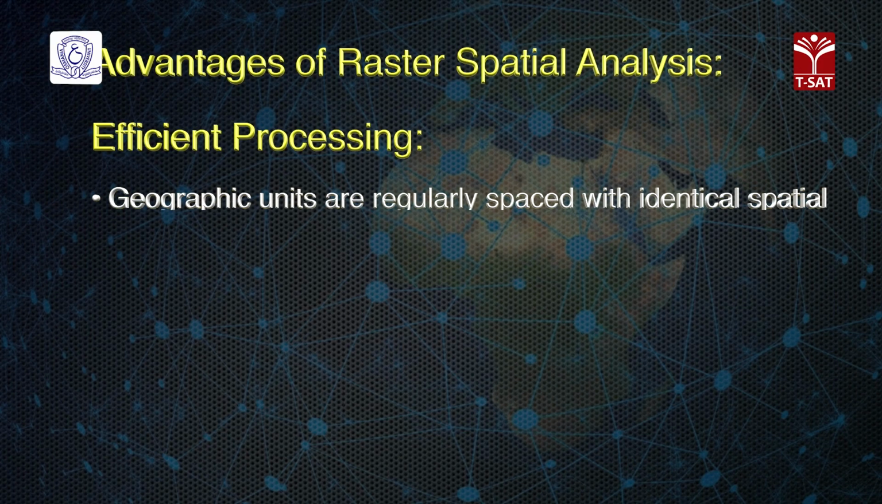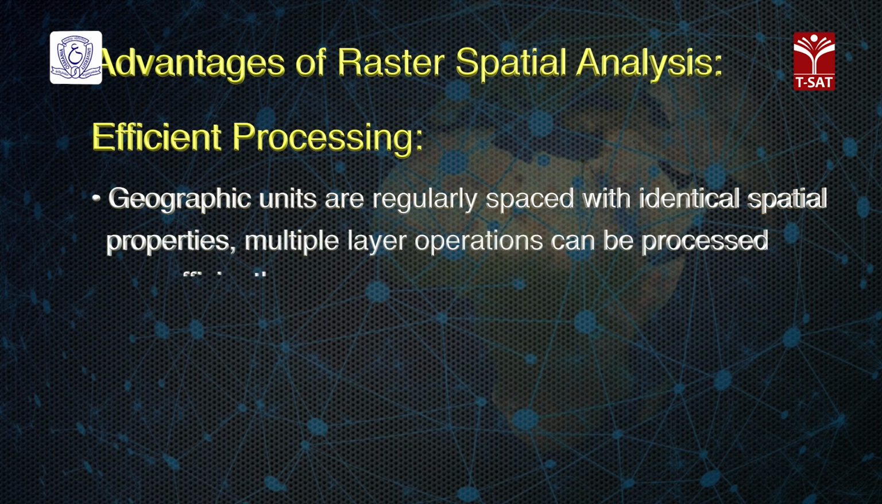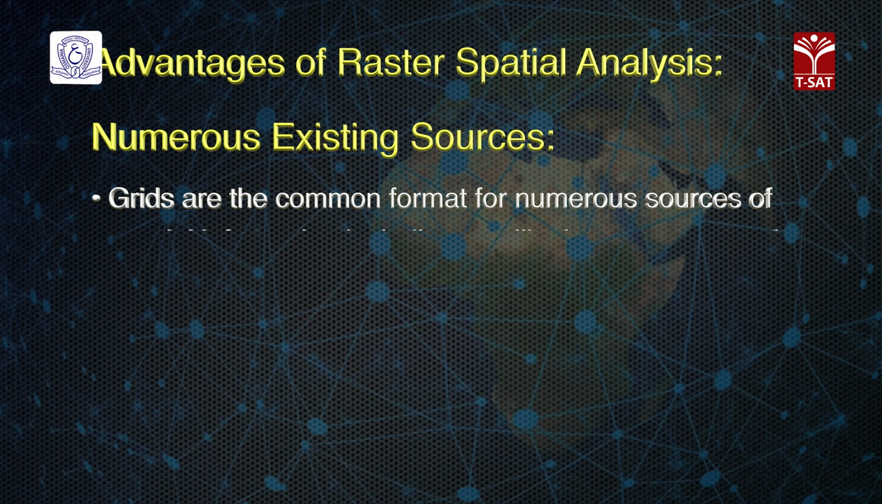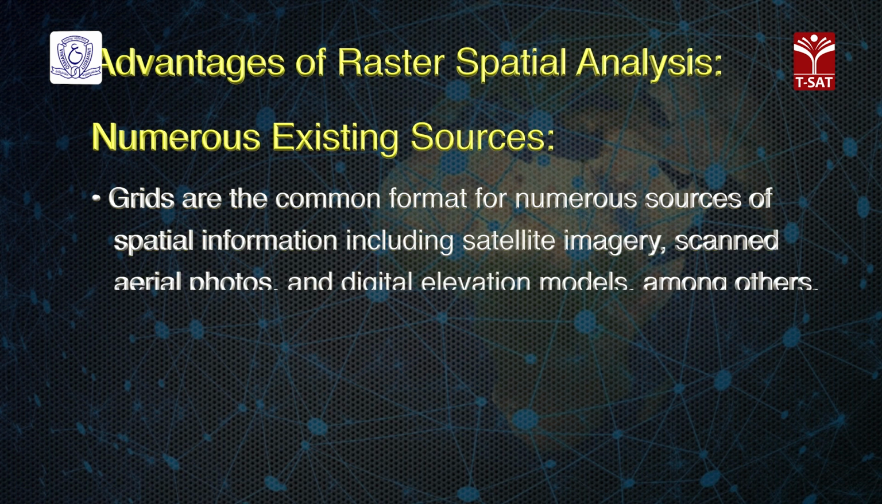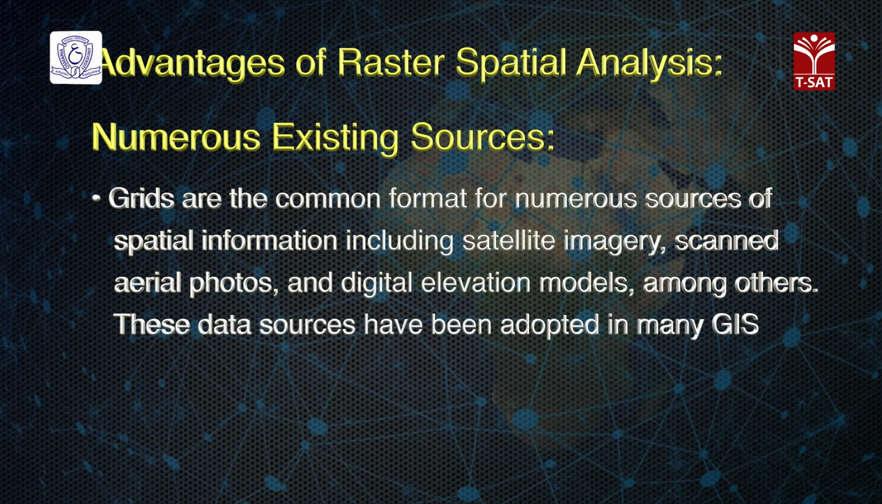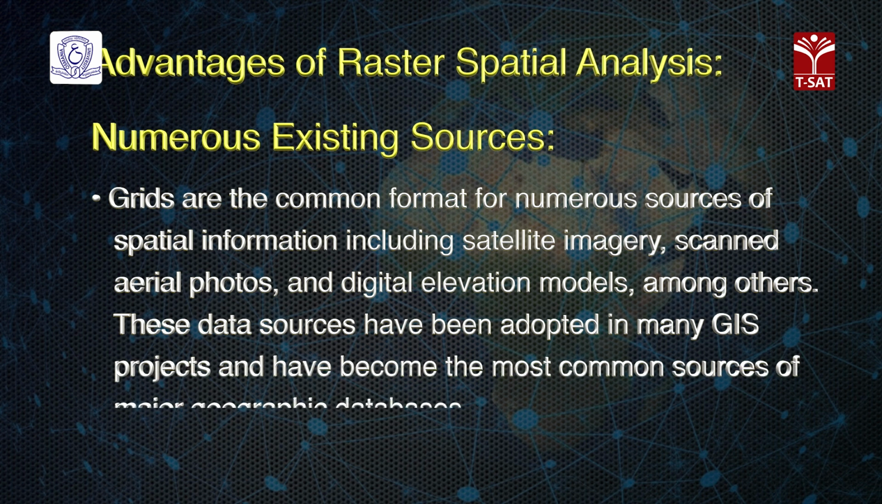Efficient processing. Because geographic units are regularly spaced with identical spatial properties, multiple layer operations can be processed very efficiently. Numerous existing sources. Grids are the common format for numerous sources of spatial information, including satellite imagery, scanned aerial photographs and digital elevation models, among others. These data sources have been adopted in many GIS projects and have become the most common sources of major geographic